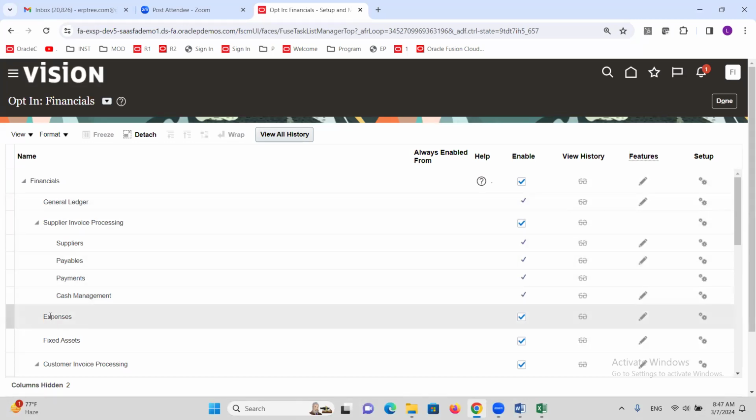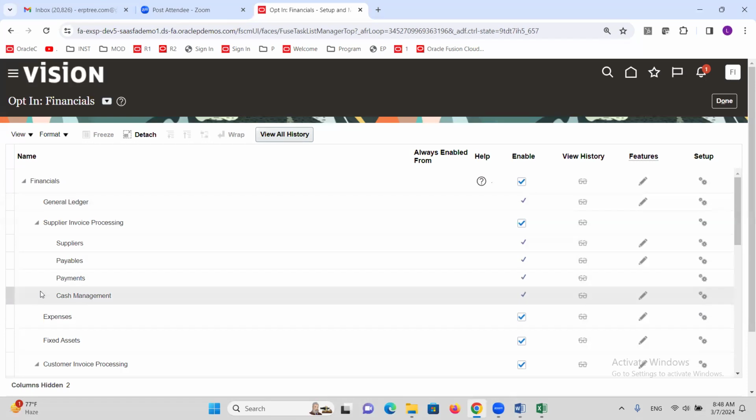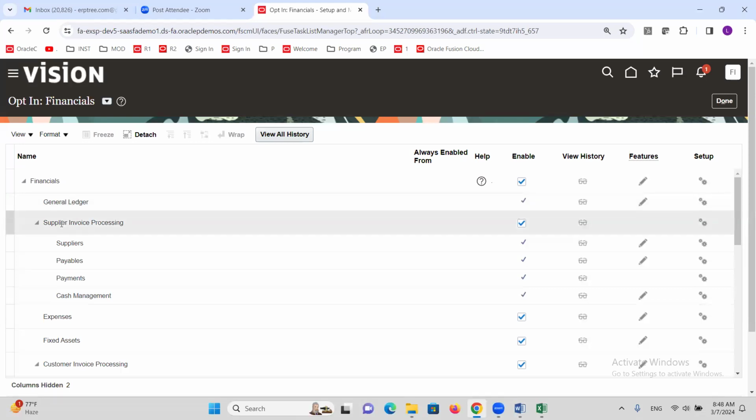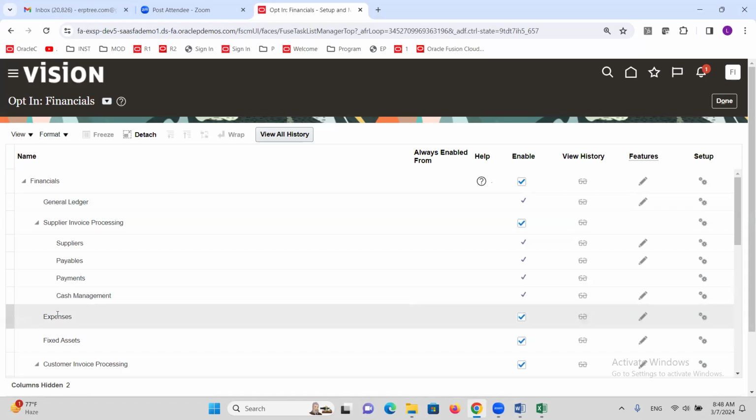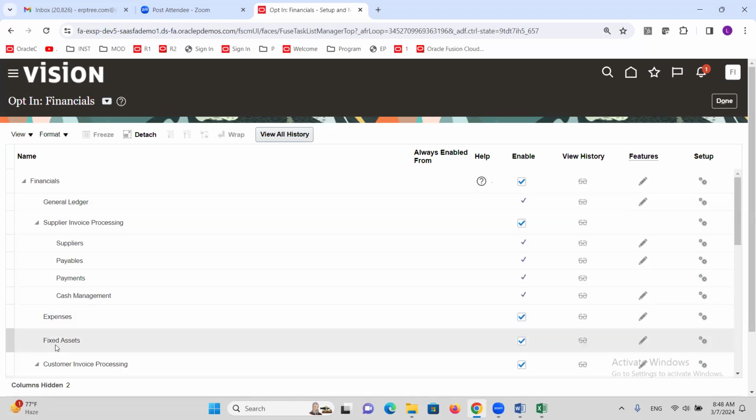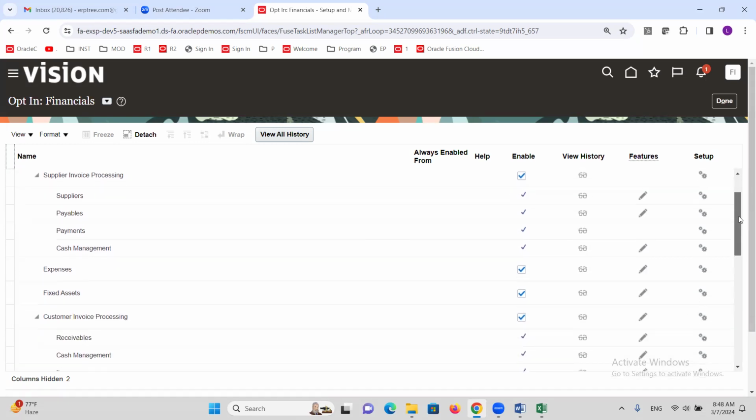And expense. If you are implementing the Fusion expense application for your client, you have to enable this checkbox. These are the offering options. Financials is the offering, general ledger is the option, payables is the option, supplier invoice processing is nothing but payables, expense application is another option, and if you are implementing fixed assets for your client, enable fixed assets also. The same way, you can see